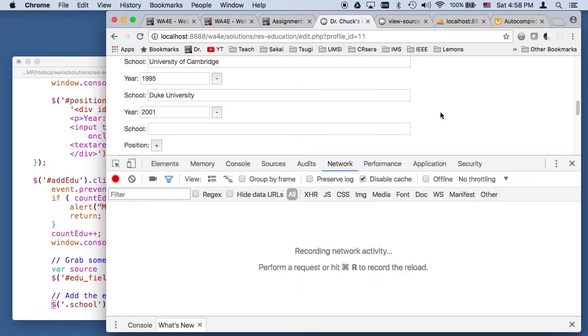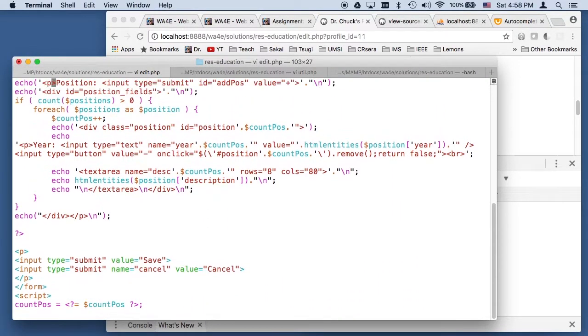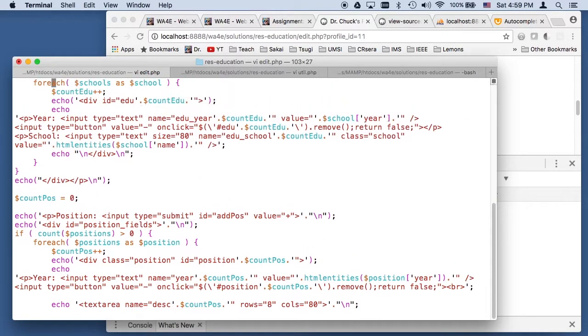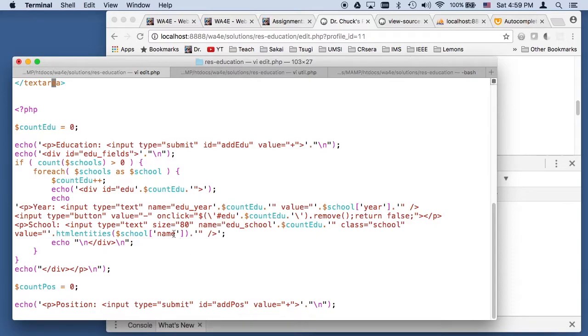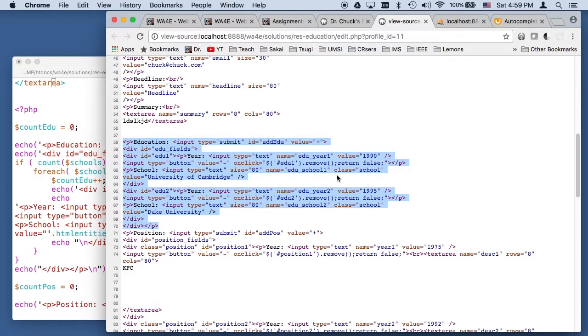Okay, so edu school has class equals school. Okay, class equals school. So every one of these text areas that I want to have